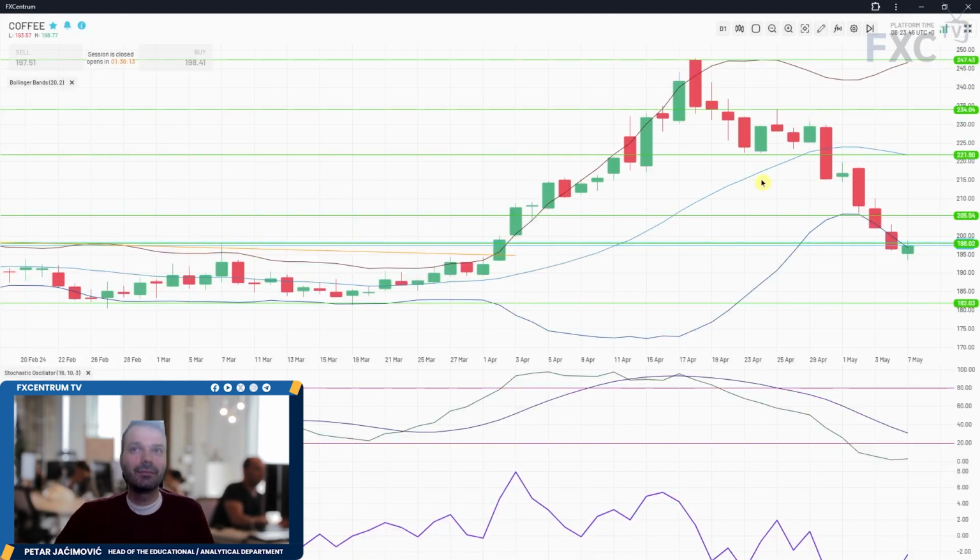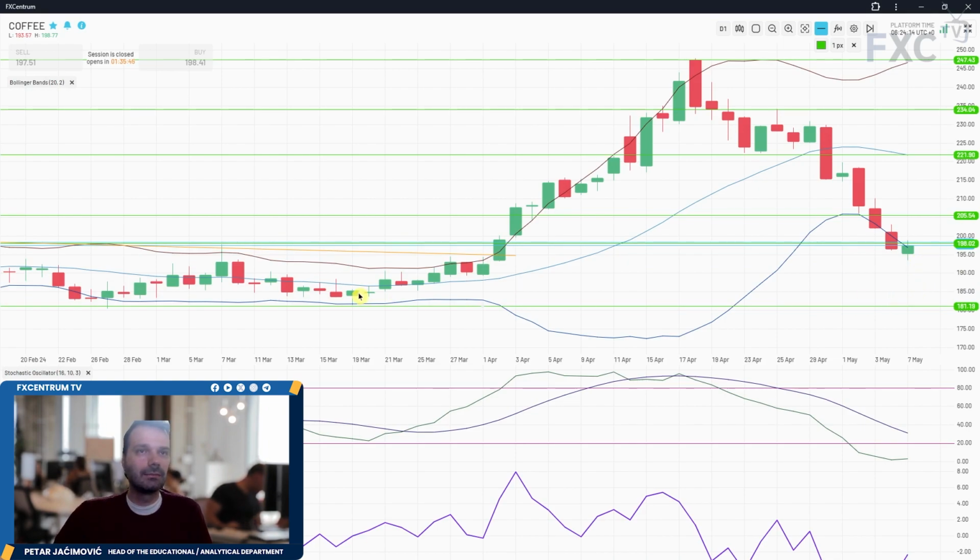So this is a daily time frame, and we can see that yesterday we had basically more like a consolidation day. Market is still going alongside the lower Bollinger Band, and you can see the line is sloping to the downside, and the fast line is sloping to the downside too. And we have this previous swing high around this 195 mark, so that's acting like support. But if market can retake this 195 again and trade below, then the next downside objective will be set at